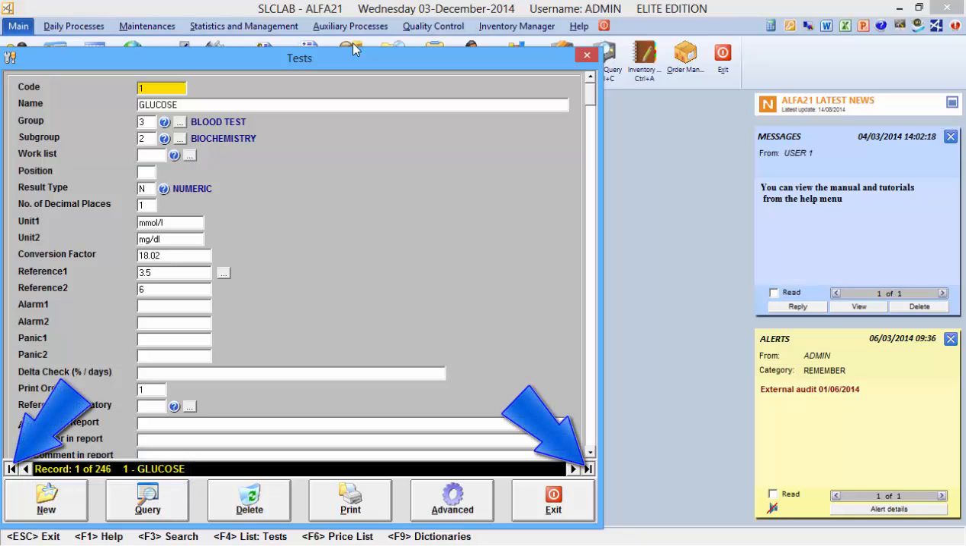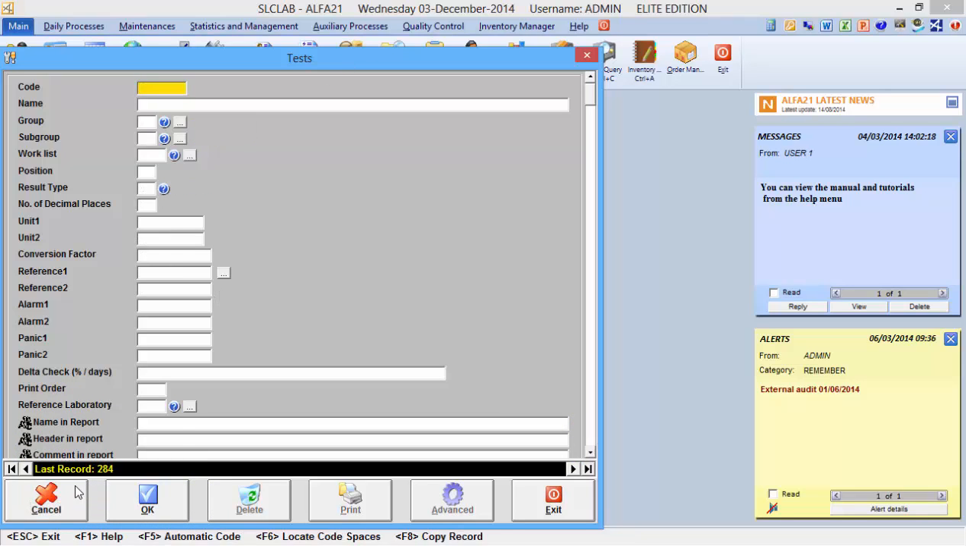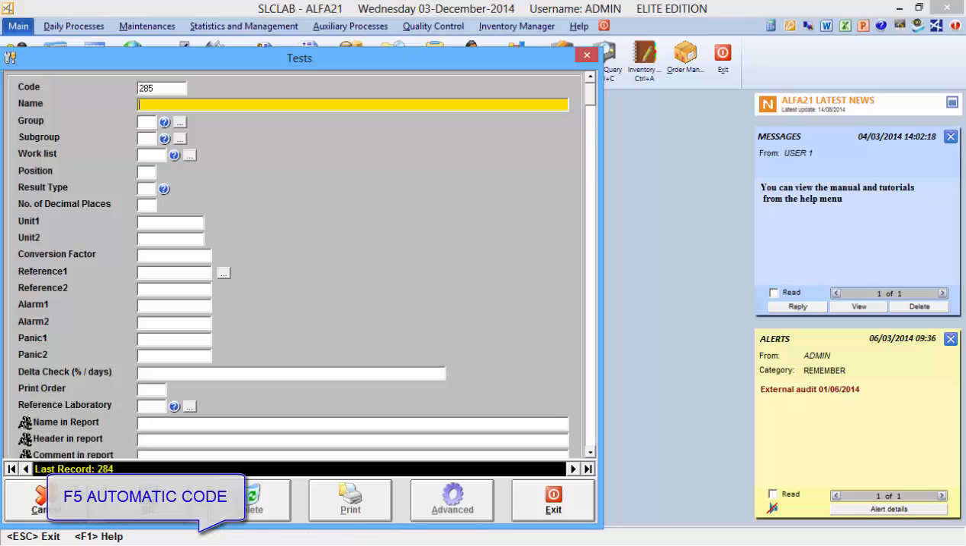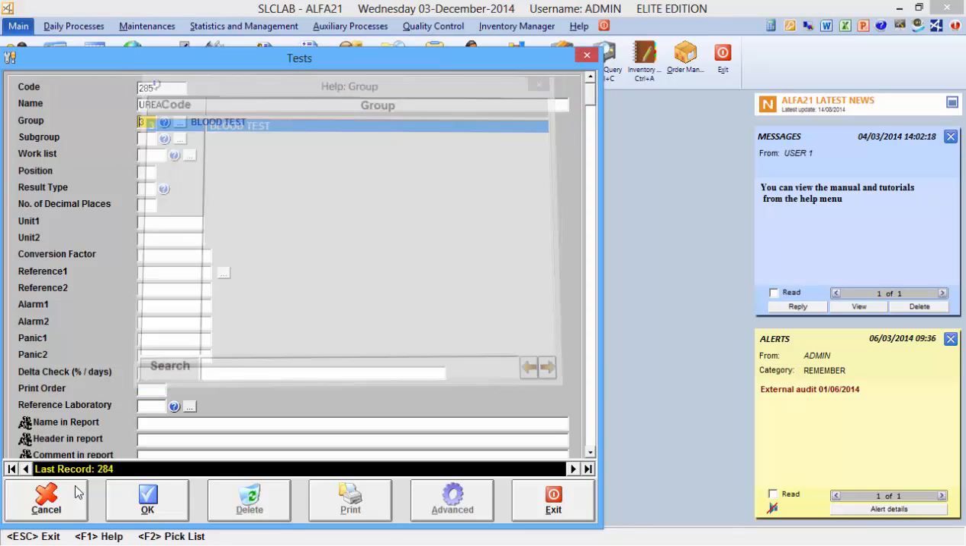We can move through the tests using the arrows or by pressing F3 search. We will now add a new test. First, we will give the test a code by pressing F5 automatic code. We then enter the test name, select the group it belongs to, in this case blood test, and then the